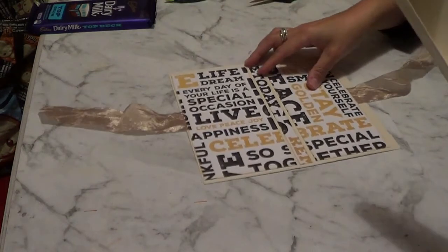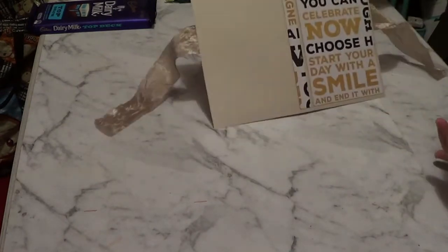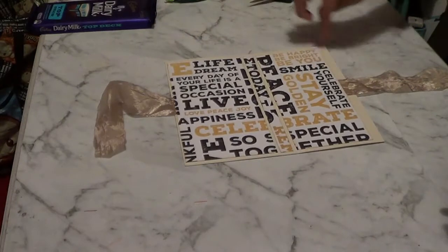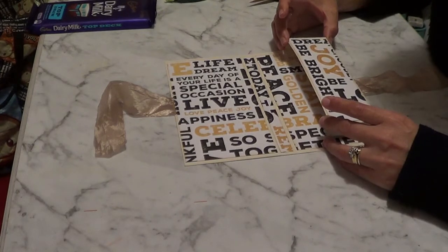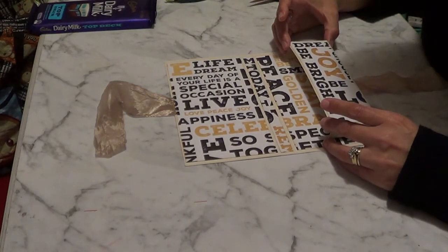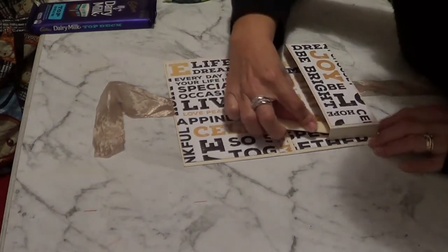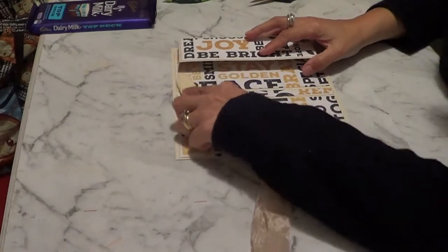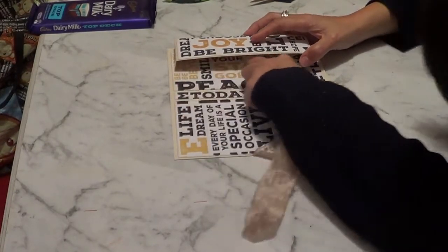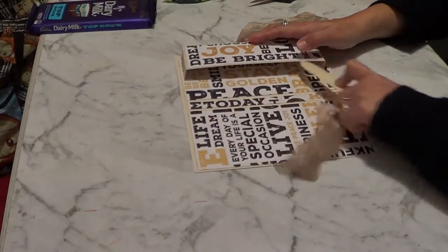So what you need to do now is bring your base, make sure that you've got it the right way. So this is the front, as you've only got that. Turn it over. This is the short part that we want to try and stick it over the top of. So I'm just going to eyeball this to see if I can get it more towards the edge and a little bit more towards the middle. Then using your bone folder, or any tool really that you've got, go along the inside of it to make sure that it's properly adhered down. Sorry about my head in the middle of the camera there, guys. Okay, so once that's down, this is